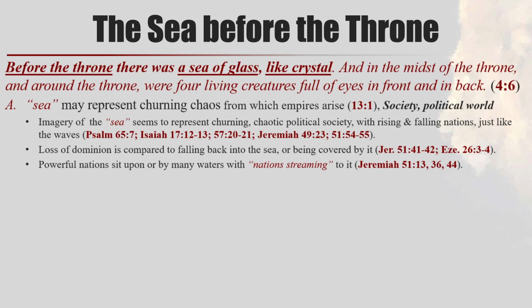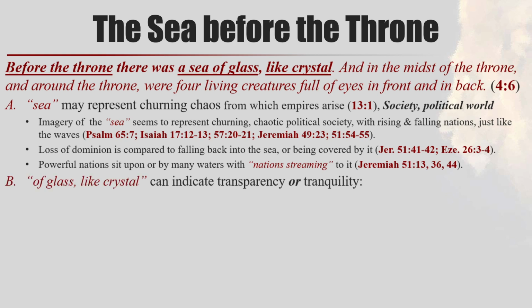So the idea that a kingdom may rise up out of the sea, that's used in Daniel 7 as well as in Revelation 13. But it's often tied to the roaring and the churning of the nations. And whenever something falls back into the sea, or maybe the water's pulled away from it, the rivers that are going into it are cut off, then that represents the destruction of that nation, its loss of people. So there's a very strong connection there in a lot of places.